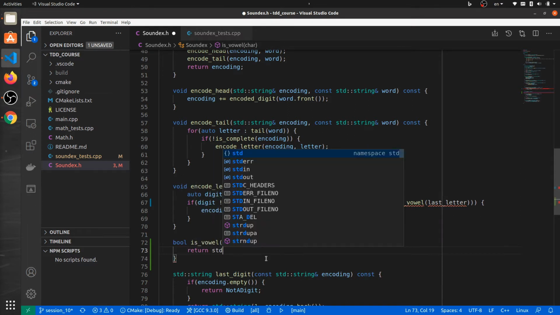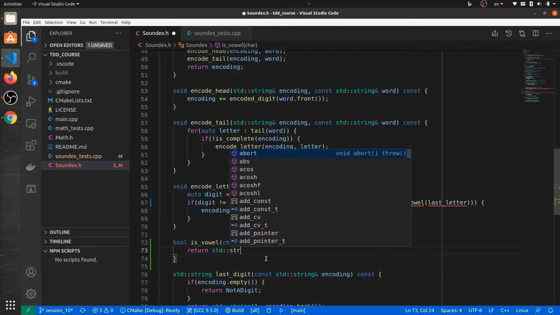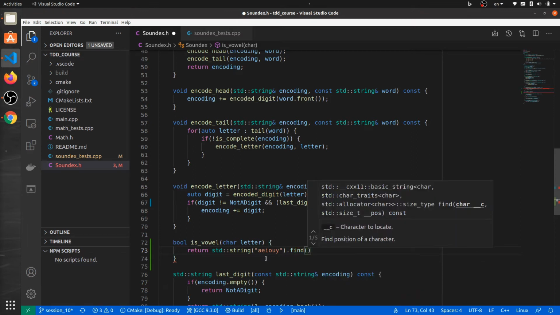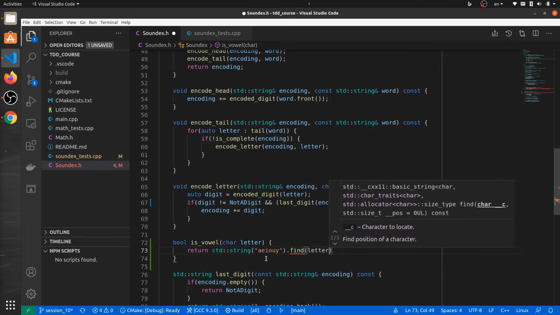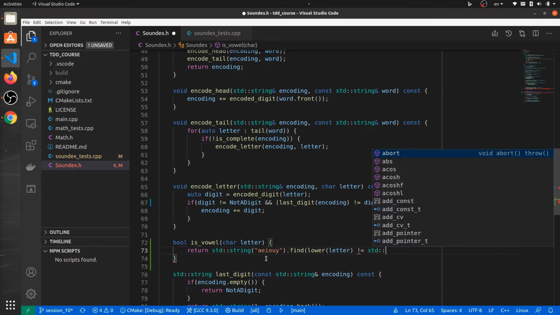We can make a string that contains all of the vowel letters: A, E, I, O, U, Y, and then we can search in this string. We should also make it lowercase, and then we can compare the iterator, the return value of the find function, with